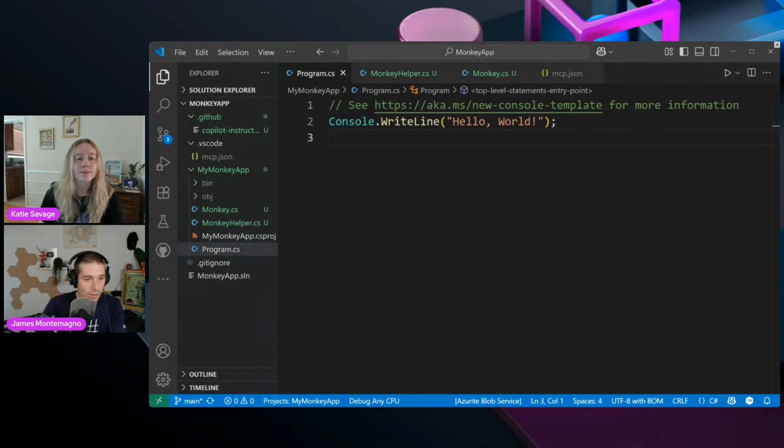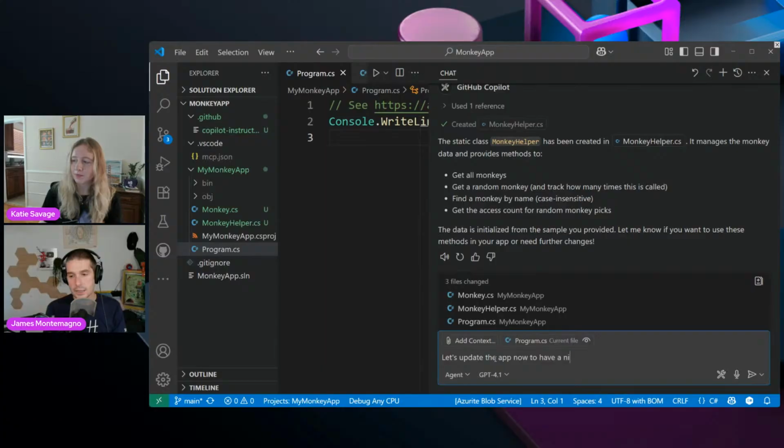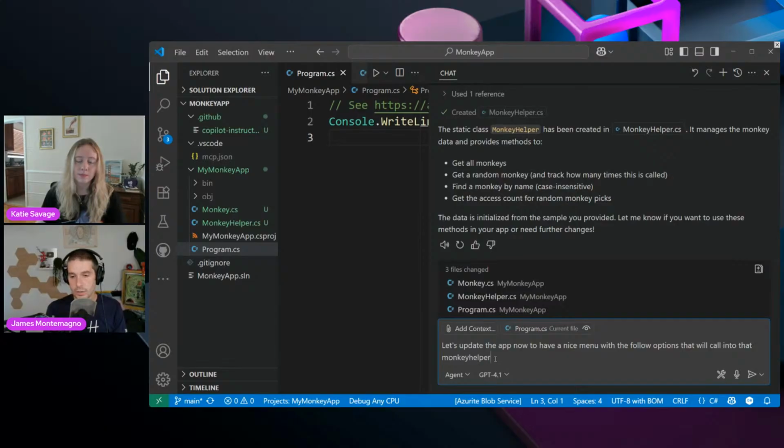Okay, now let's go ahead and create the monkey app. So let's update the app now to have a nice menu with the following options that will call into that monkey helper.